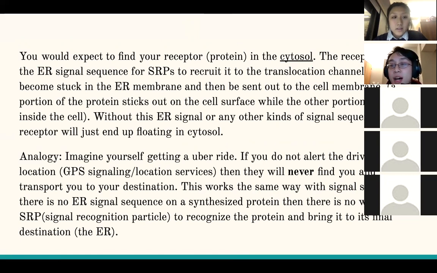We could ask a modified question. What if the protein naturally has a nuclear localization sequence, and you mutated it to also add an ER localization sequence? What would happen to the protein? I think this was one of the clicker questions from class today. So if you were in class, you would know.